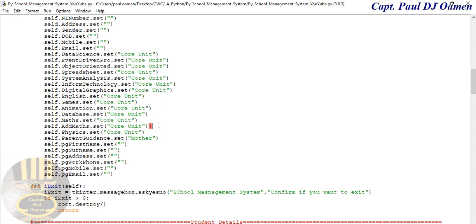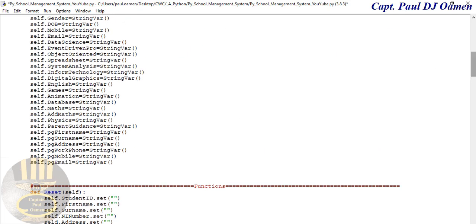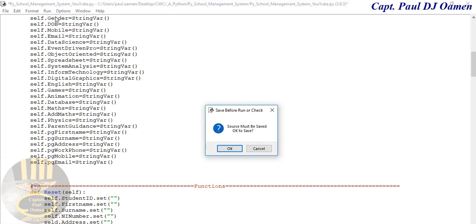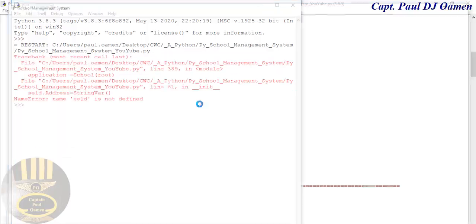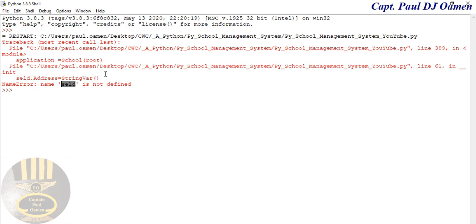Oh, we have an error here. That's double bracket. Get rid of one. Right, let's see. We may have double here as well. No, we don't. Okay, let's run it again. What was the problem? Oops, look at that. And where will that be? Let's see, that should be inside